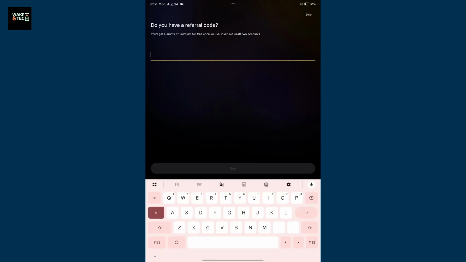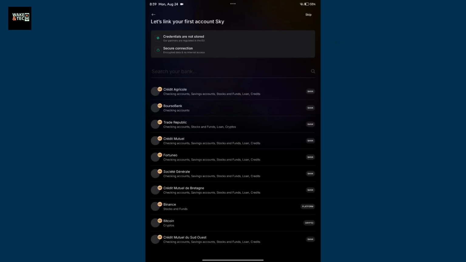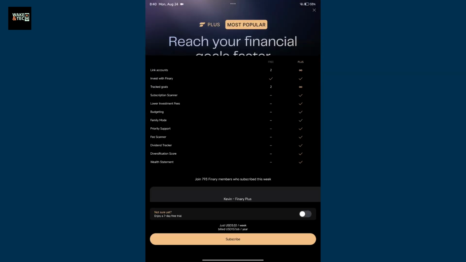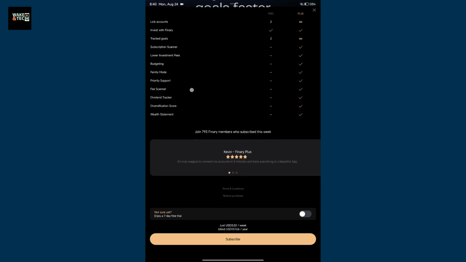On the next page, if you've got a referral code, go ahead and type it down. If not, you can tap on Skip at the top right. Answer some of the questions along the way again, or you can also skip it for now by tapping Skip at the top right. Now once you do that, you'll end up on this page from where you can go